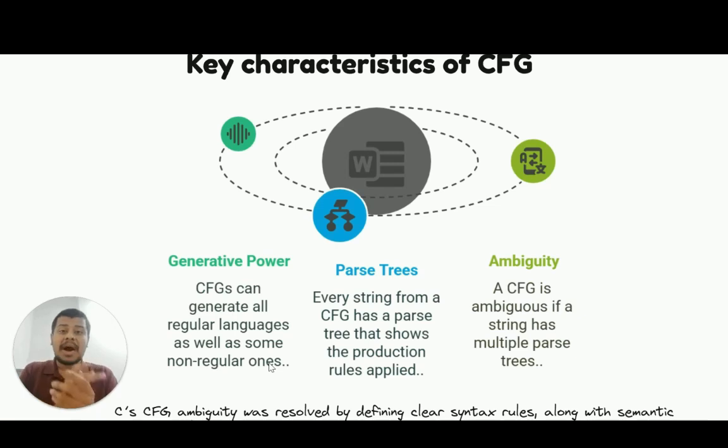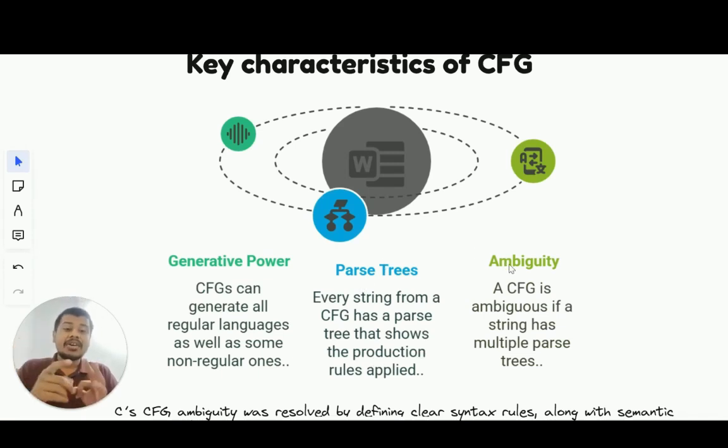And next we have the parse trees. Every string that is taken in by the parser would be given out by the parser as a parse tree. It tags each and every string's attribute, and then it also validates whether a particular CFG rule is being applied or not. So this is the production rule. A production rule is a CFG rule and regulation. That is the production rule, right?